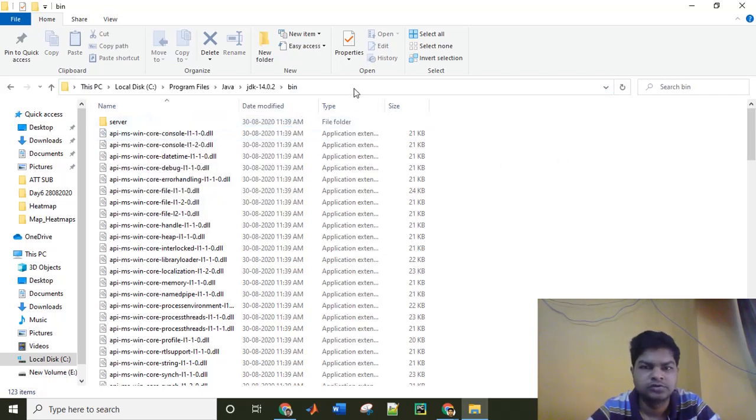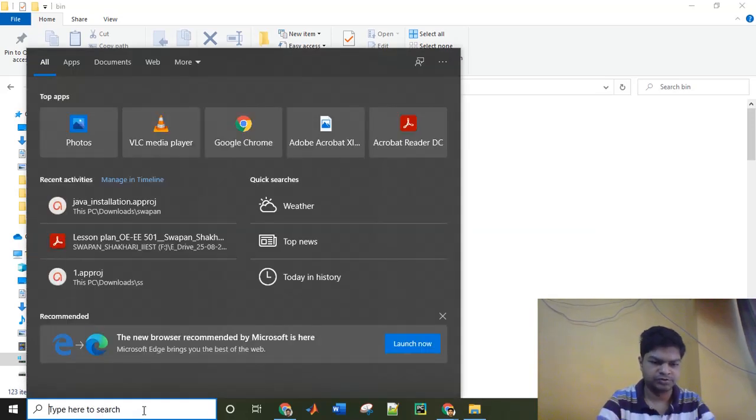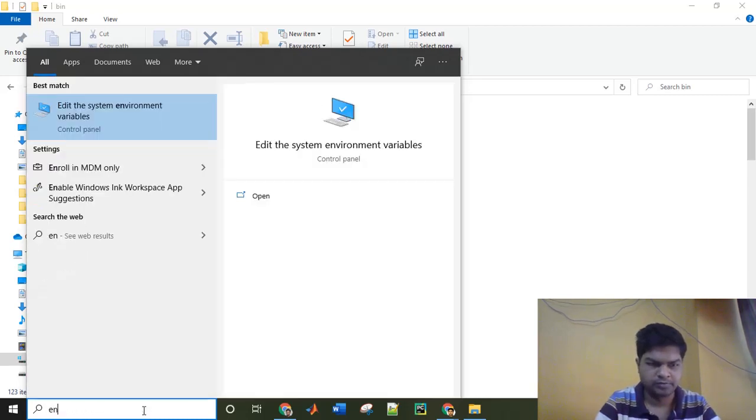You can also copy this address by right clicking on this address space and then choosing copy address. Then go to your search bar on your Windows PC and search for environment variables.